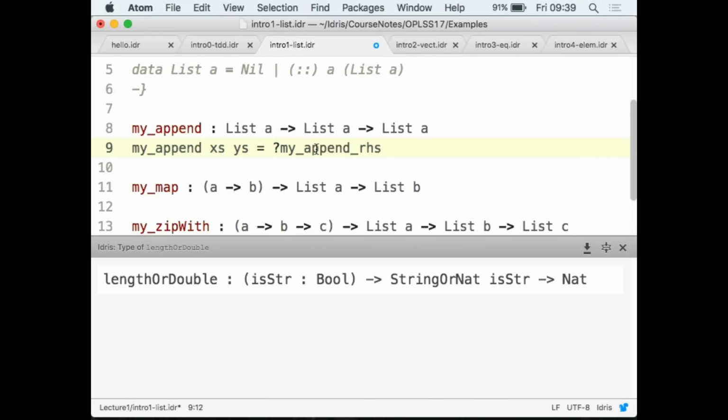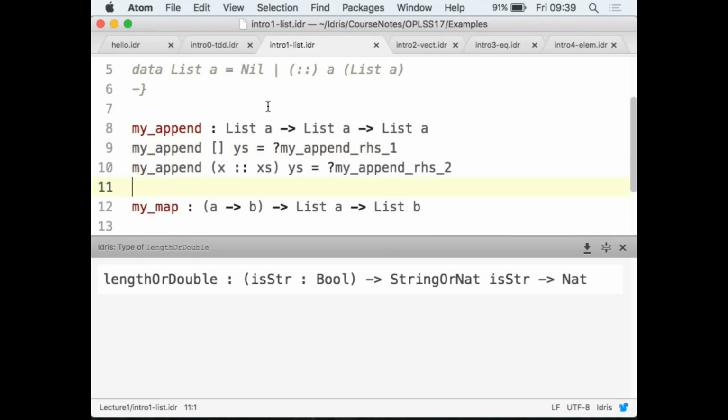There is a way of telling the system what the name of variables should be by default. And just like before, we can use Control-Alt-C on a variable to do a case split on that variable, giving us the possible values for that variable. So if you're defining append, we'll do this by looking at the first argument. One thing I should note here is these square brackets; this is slightly strange when you first see it because I called it nil earlier. This is a bit of syntactic sugar. So rather than writing lists in full as